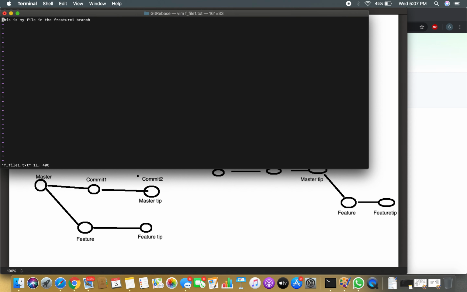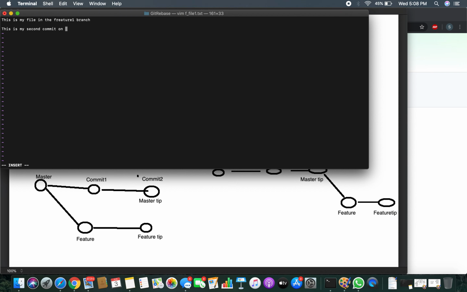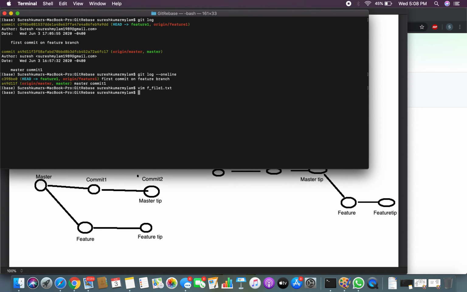I am going to edit again. Go to insert mode, and you can come all the way to the end, and I am going to update this content. Second commit on feature branch. Press escape, :wq!, and okay.